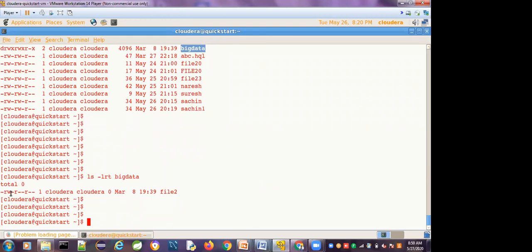In the first field, if it is a hyphen, that indicates a file. Here something is wrong. ls -lrt big data is showing a directory.